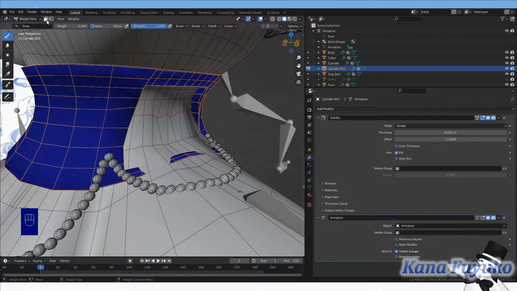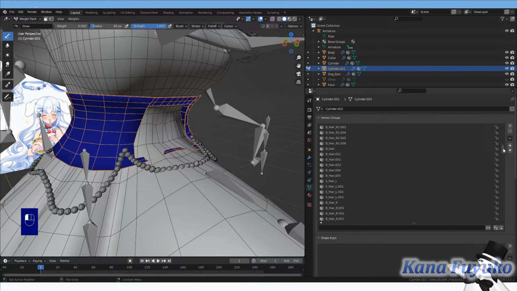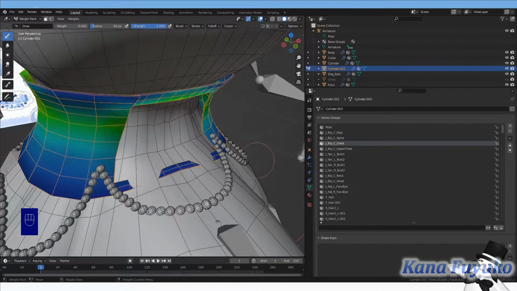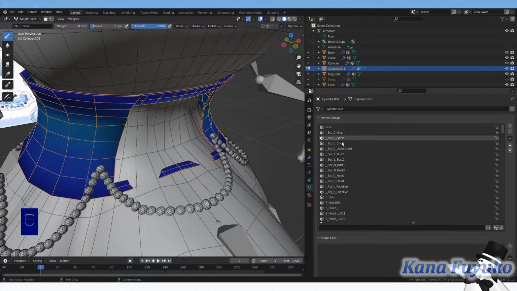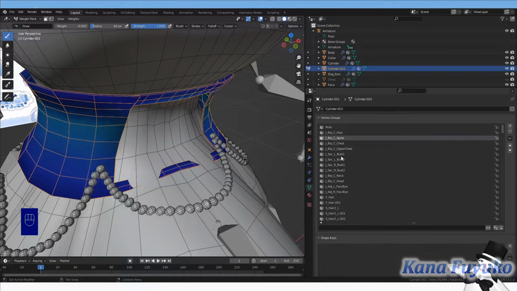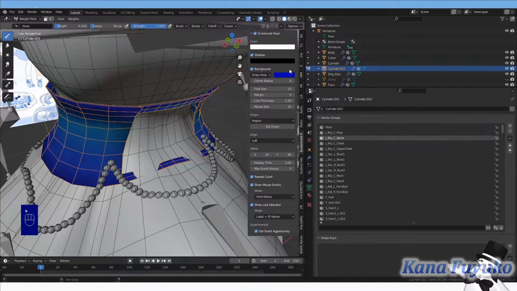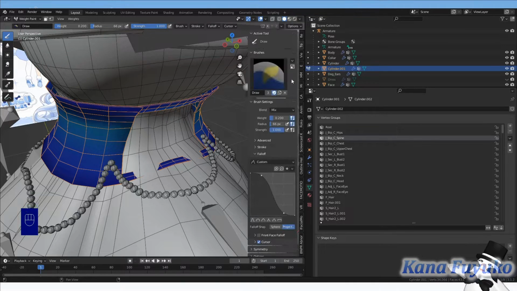Make sure that the vertex is not enabled, so that way you can have a bit more freedom on editing it. Find a vertex group that you want to edit. So for this case, we might want to use probably upper spine here perhaps. And you would just have to experiment with it. I can't really say how to do it step by step, but I would say experiment with this part.